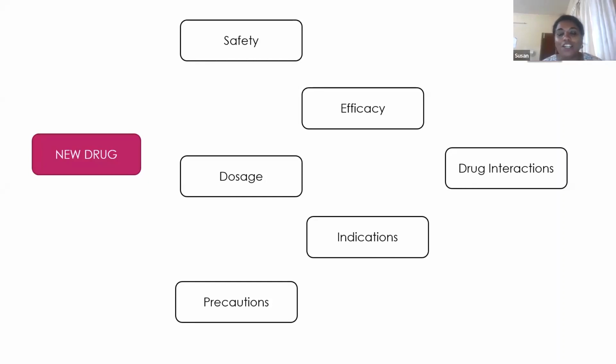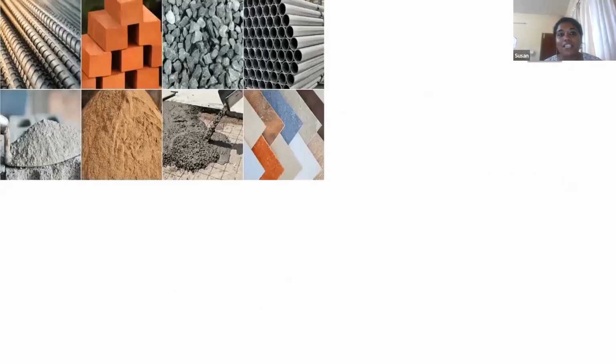Coming back to the earlier point, we need to build a house, based on what we need. What happens most of the time is that we have a lot of raw materials. That is how we approach the study. I have to know how effective this particular drug is. I have this drug, I have my research team, I have my set of patients. The drug is given and I will know if the drug is good or not. That is the mindset with which we try to approach a paper.